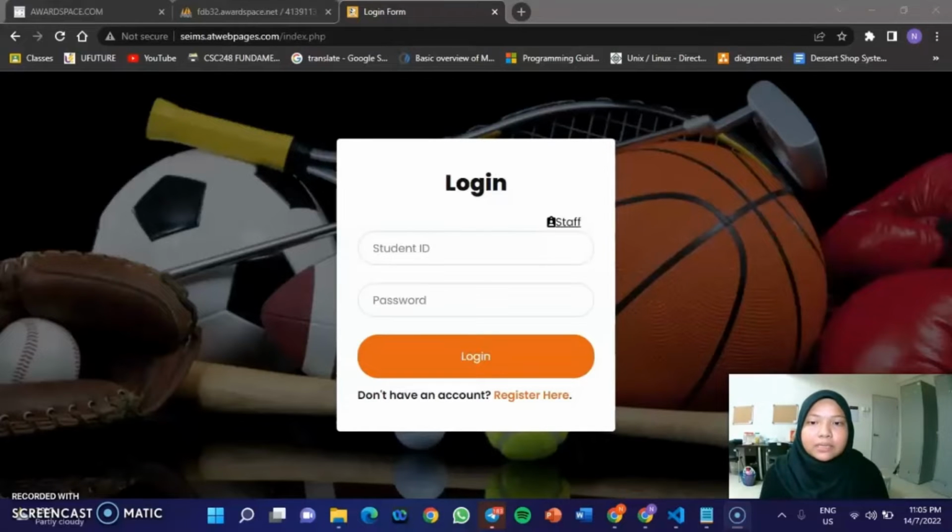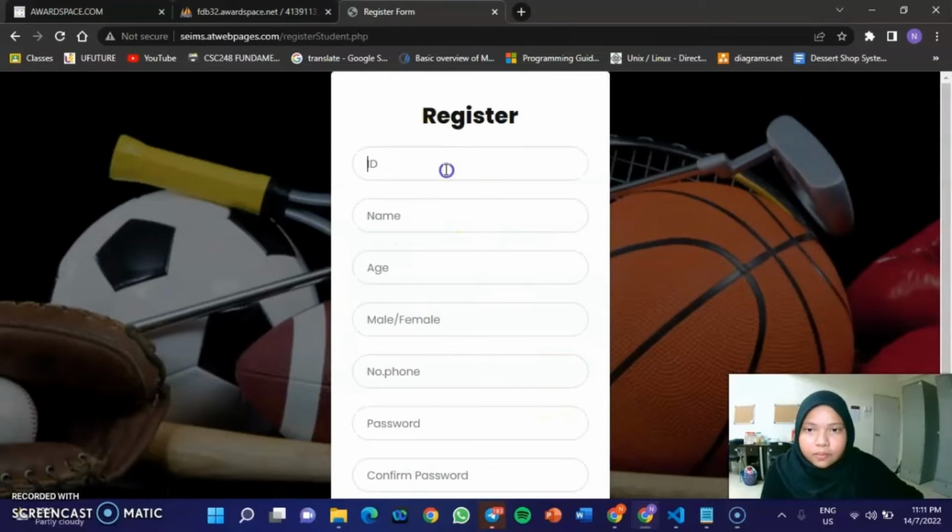So hi, I'm Atira. I'm going to explain about the student page. Okay, for a student who does not have an account, they need to register an account first. So I will show you how to register the account. Okay, you need to fill in the register form by entering your details. So for example,